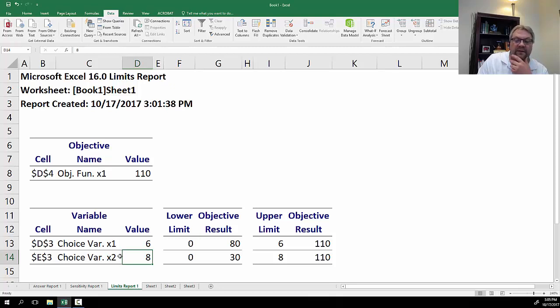Well, what this is telling me, and this is one of the reasons why I do like it, is that these are actually the upper limits to both of these variables. So I could produce, given my constraints, no more, because of my 2 binding constraints. And here, what that's telling me is that my objective, I'm going to get 110. What this is telling you is that if you don't produce any x1, but you produce 8 units of x2,